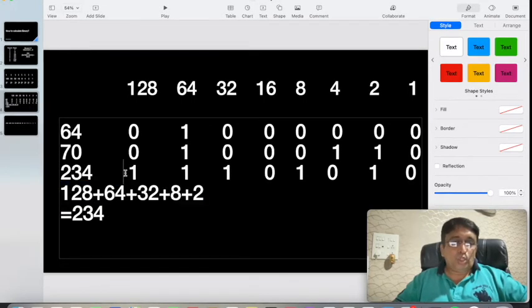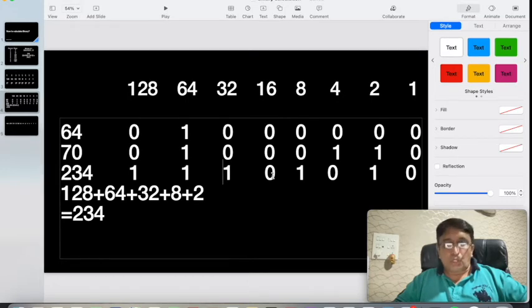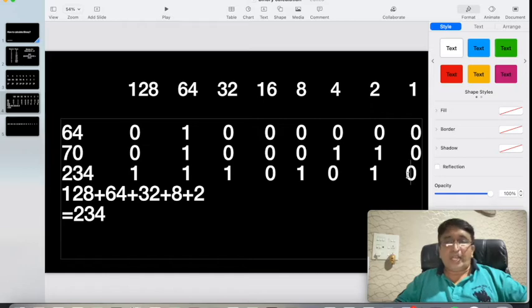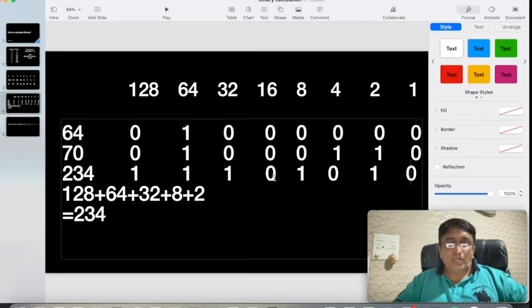So I'm switching on those bits, that is 128, 64, 32. The bits which are not used are going to be switched off. So I won't require 16 in this case, so I'm keeping it off, that is 0. Next one is 8. I will require that, so I'm switching it on. 4 I don't require, so I'm keeping it off. 2 I will require, so I'm keeping it on. And the last one, 1, I don't require, so I'm keeping it off. So that is 1110 1010. That's going to be the binary of 234.